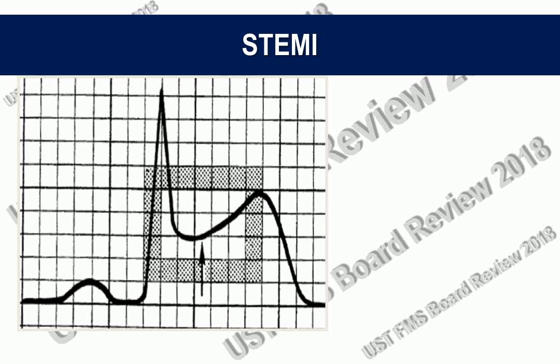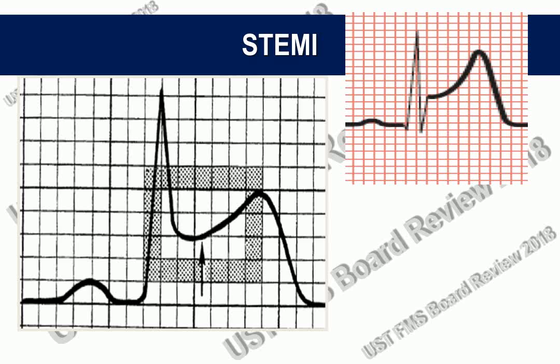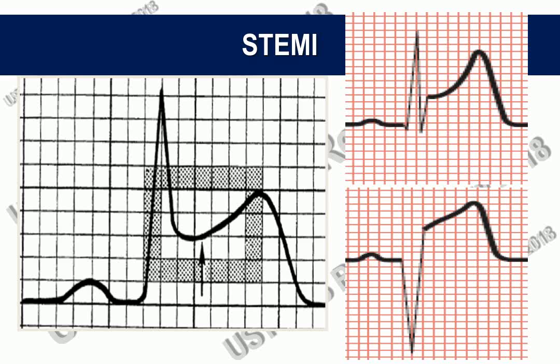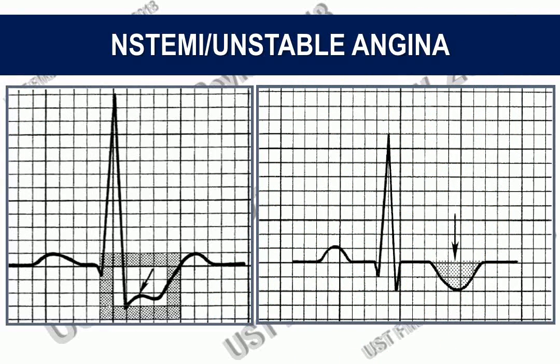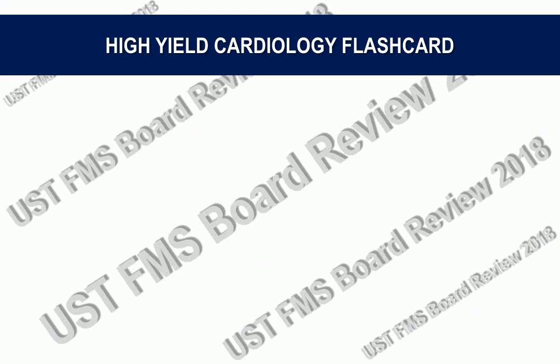Your ST segment elevation MI on the ECG, of course, you present with significant ST segment elevation. So either you have an ST segment elevation like this, or you already have a Q wave, which already reflects an infarct or a necrotic tissue accompanied by ST segment elevation. On the other hand, a non-ST segment elevation MI or unstable angina presents with either ST segment depression or T wave inversion, or in some cases it can present also with a normal ECG.